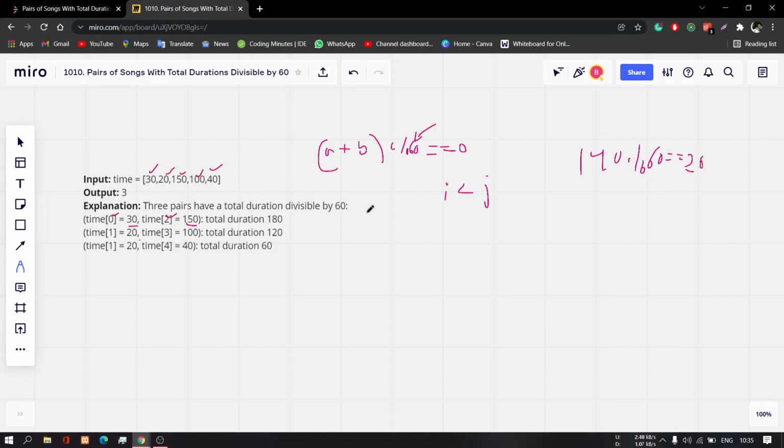Our new array will look something like 30, 20, then 150 modulo 60 is 30 again, then 40, and again 40. Now if I map them back to the originals, this is 30, this is 20, this is 150, this is 100, and this is 40. So if we map them, you can see